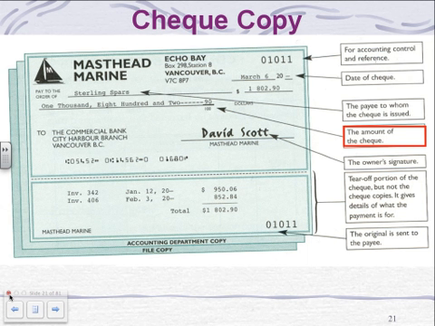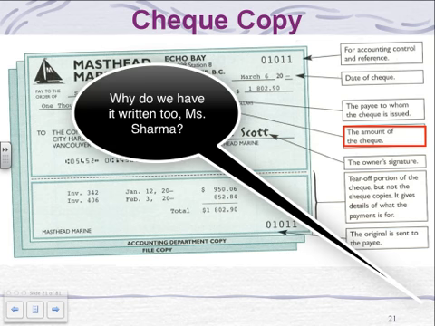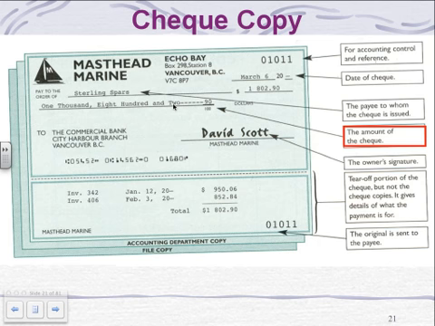Next, we have the amount of the check. Here it's really important that it's listed in two places. We have a numerical form at the top, $1,802.90, and then we have it in written form, $1,802.90. Why would we have it written too, Ms. Sharma? There's two reasons. Some people have messy handwriting like myself, so the numerical form is there for clarification. And another reason, as you, Ms. Fitzpatrick, have taught me, is that if you have it written out in two different forms, it's very hard to